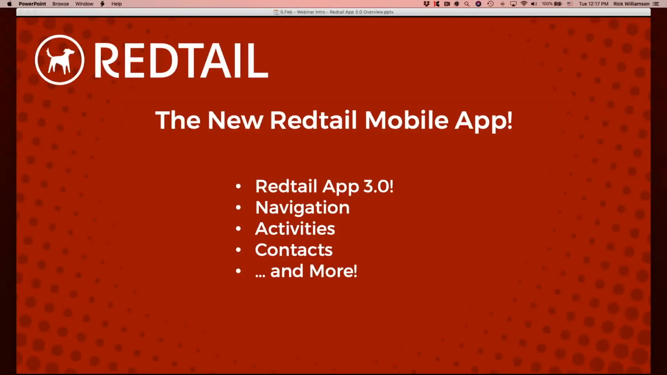All right, welcome everybody to another Redtail overview demo. In this case, we are giving an overview of the new Redtail mobile app. That's right, the Redtail mobile app 3.0 is here, and we are going to walk you through it. We're going to show you all the stuff that you are able to do in this new version of the Redtail mobile app, and maybe even tease some of the stuff that you're going to be able to do in